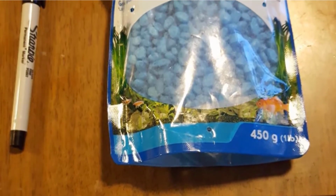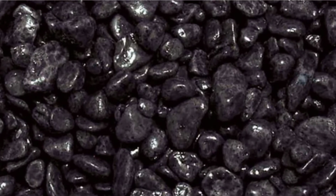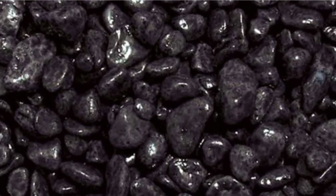As with all substrates, unless otherwise stated by the manufacturer, it's still best to do a wash before use. This gravel substrate only comes in 1-pound bags, so you may need to purchase multiple bags. Using this in a larger betta tank may be cost prohibitive for some people. If you do have a larger tank, you can still use this as an accent to a more affordable base